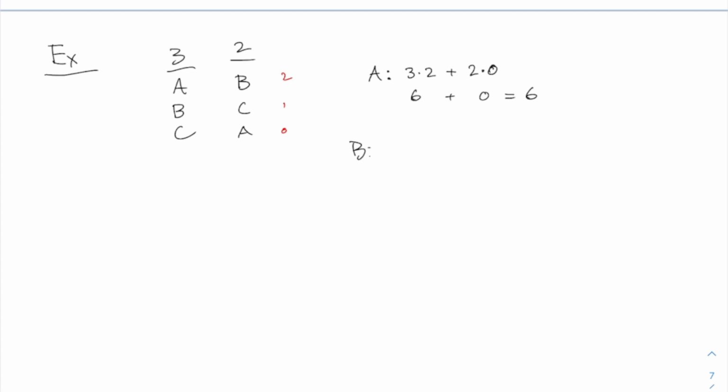Next, B, all right? B has 3 people in the first column, giving them 1 point each. So I'm going to write that's a 3 times 1. And then in the second column, 2 people, 2 points each. That's a 2 times 2. This is 3 times 1 is 3, plus 2 times 2 is 4. That's 7. All right. And finally, the C gets